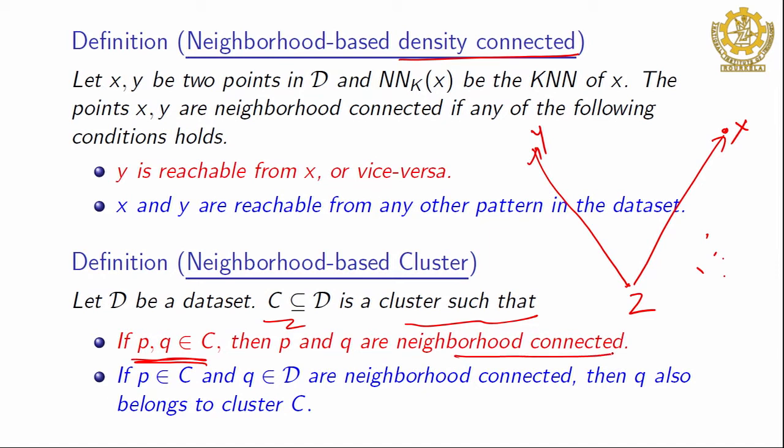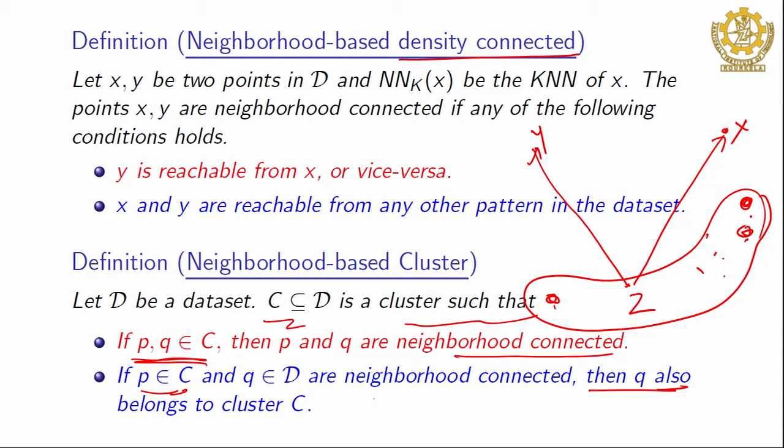connected. In the last class also we talked about DBSCAN. If you take one point from here and another point from the other cluster, you can say they form a cluster if they are density connected. Or if you take a point in a cluster and another point from the data set, not in the same cluster, and they are density connected, then obviously they will form a cluster, on similar lines to DBSCAN. Only what is the difference? The difference is how they categorize the points. DBSCAN considers epsilon and minimum points, whereas here they consider only the neighborhood information.